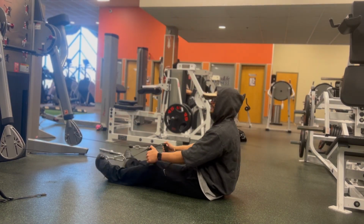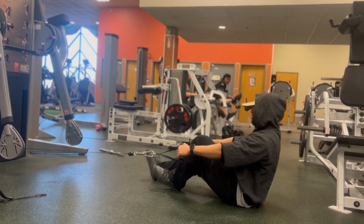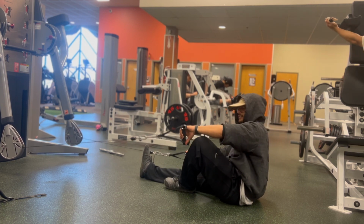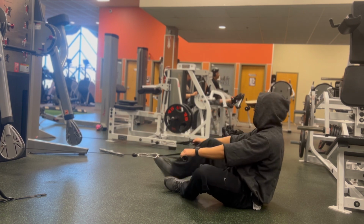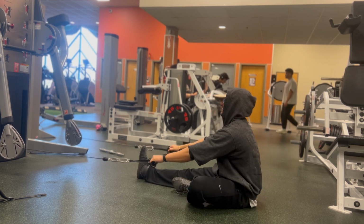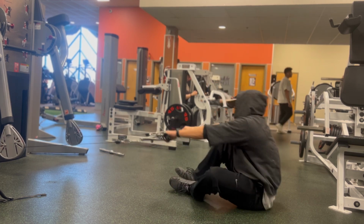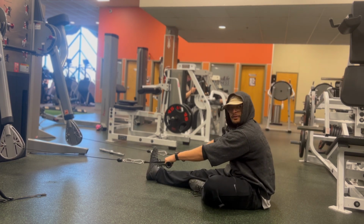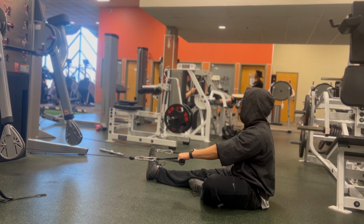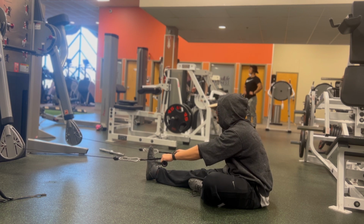So for the next exercise, I'm doing a piriformis stretch strength thingy. The piriformis is a muscle that runs on the outer side of your legs, on the glutes. It gets stretched when your legs are bent and when you lean forward. Anyway, the left leg is bent and I'm stepping away from the cable while holding the cable with both hands, retracting shoulder blades, keeping my neck neutral, and then slowly letting the cable pull me forward and making sure